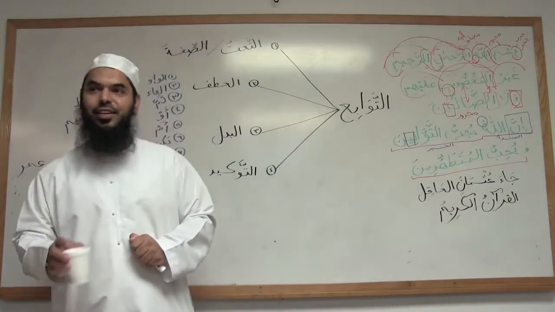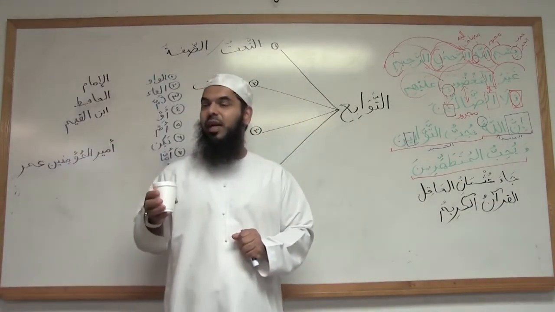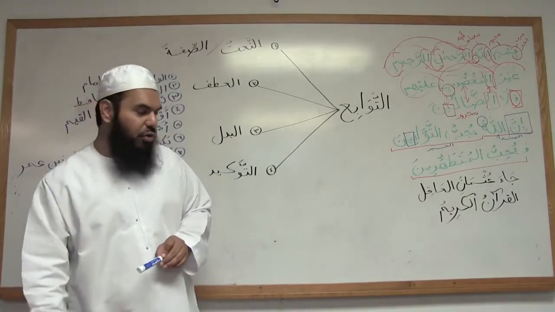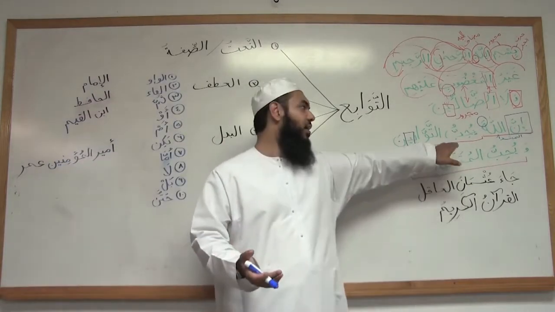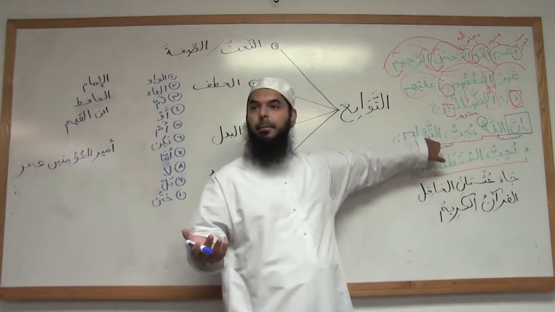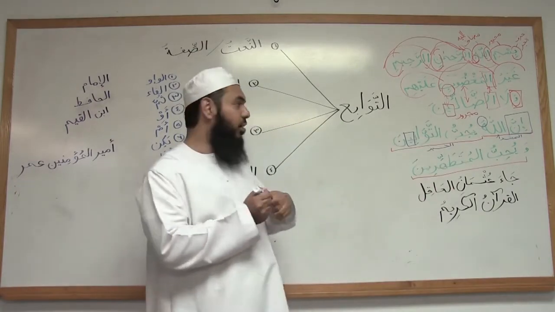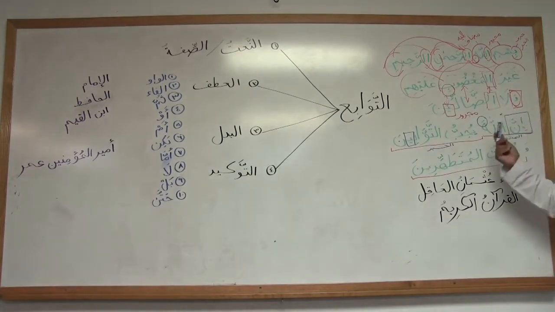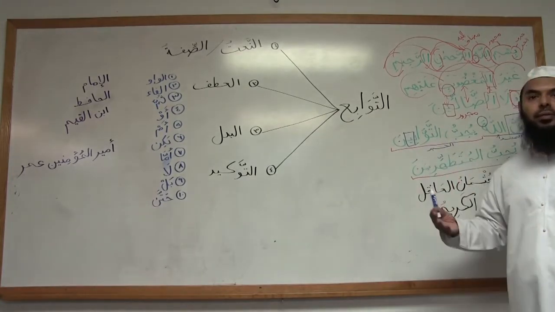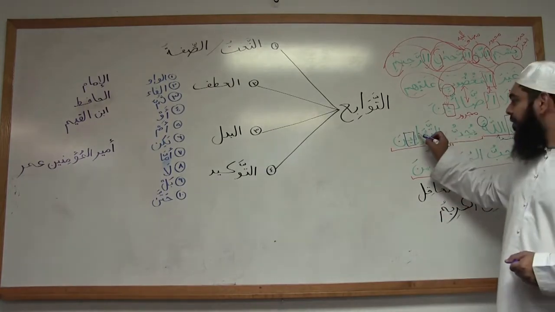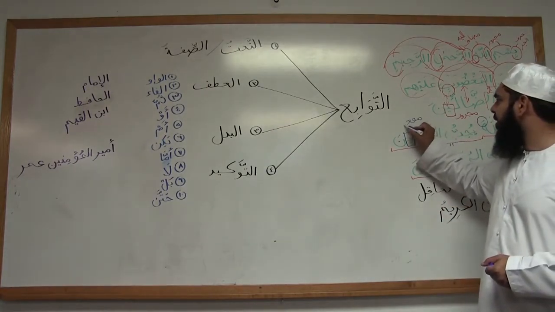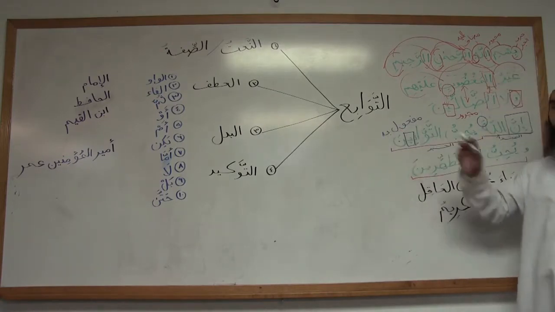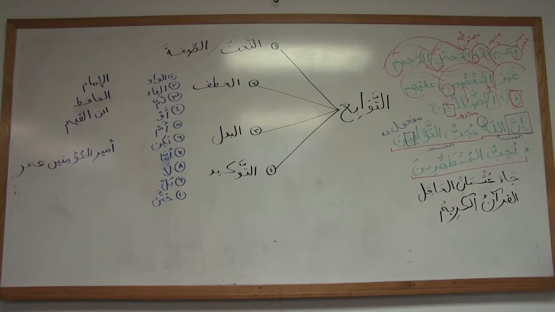It's not majroor. As I said earlier, mudhakkar salim can be mansoob bil ya as well. And you could have known that easily by just thinking of the fact that this is the maf'ul bihi. There, at-tawabin: verily, definitely, indeed Allah loves the people who make tawbah. Right? So tawabin are maf'ul bihi, they are the ones that are being loved here. So maf'ul bihi is mansoob. Tayyib, that was the easy part.